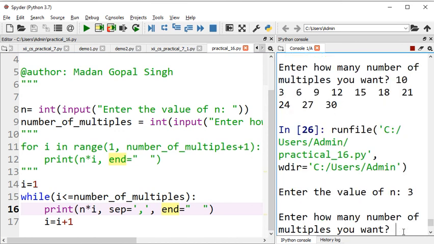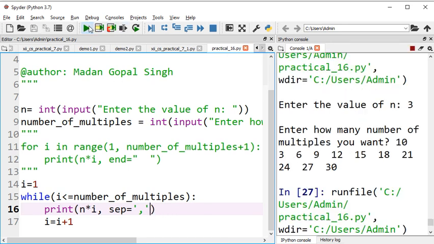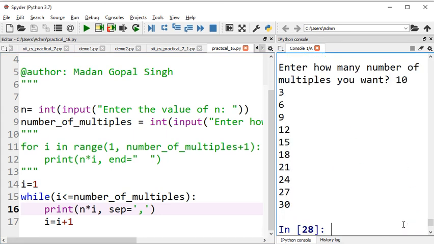So let's try 3 and 10. Okay, and the argument you are passing, that's why this separator is not working actually. And try 2, 3 and 10. Okay, somehow the separator argument is not working right now. So let's try this also.